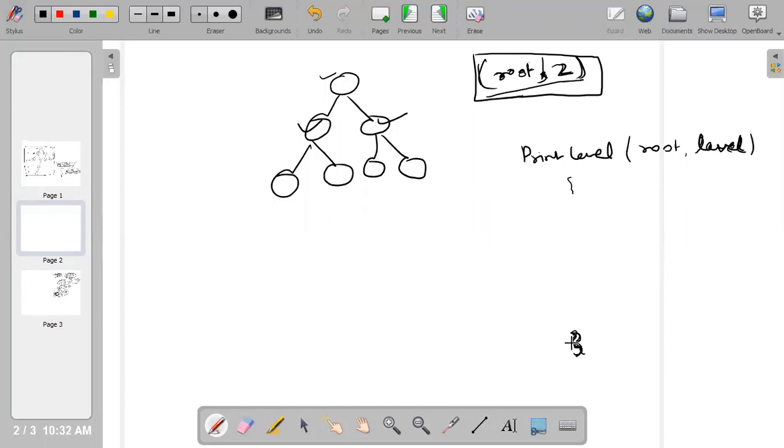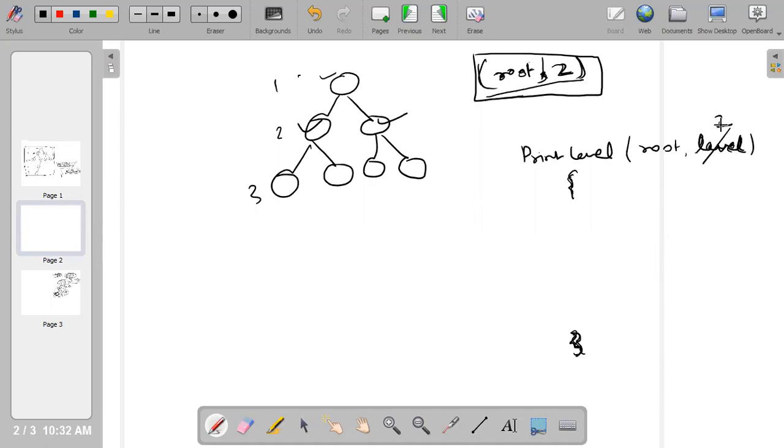How can I think recursively? Here it is, let's say 2. Let's say 1, 2, 3 are the levels. Here it is 2, and I think this problem I have already solved in my previous class, which was like 15 days back, so you must have forgotten it. So I'm just repeating it again.